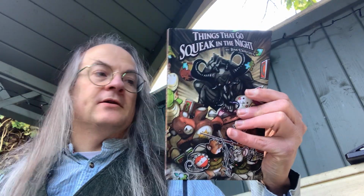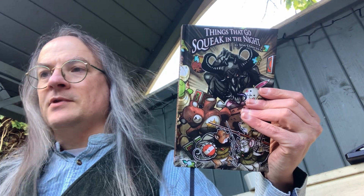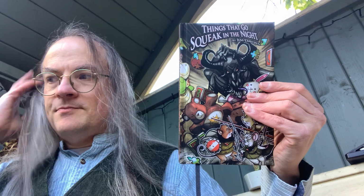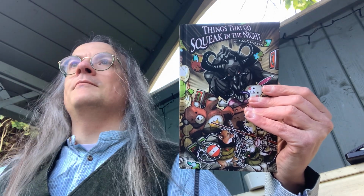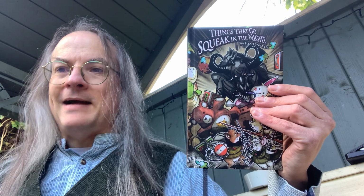So, unsurprisingly, given its subject matter, it's a nice little concept, little book. Should be quite fun to play, bring to the table, and it's the kind of thing that role players kind of like playing, because generally mice tend to be fun to play. With things like Mouse Ritter and Mouse Guard and so on. But yeah, that's Things That Go Squeak in the Night